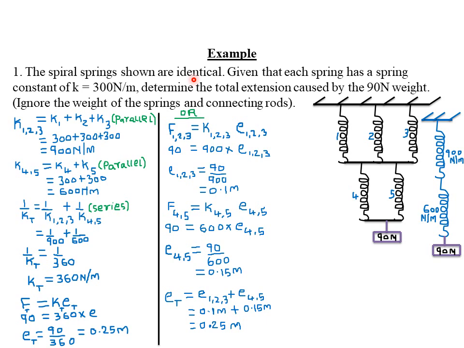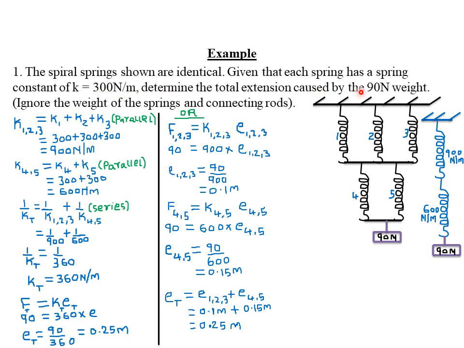That is, the spring constants for the individual springs are exactly the same, such that if one spring has a spring constant of 2 Newton per meter, then the other springs will also have spring constants of 2 Newton per meter. Remember, when springs are identical, it means they have equal values of the spring constant. Now, given that each spring has a spring constant of K equals 300 Newton per meter, determine